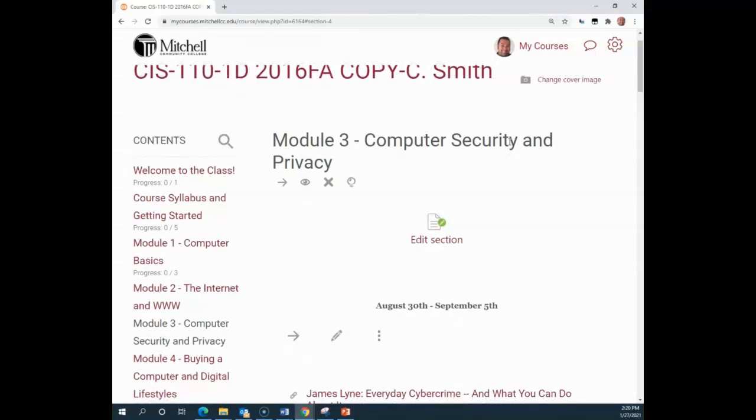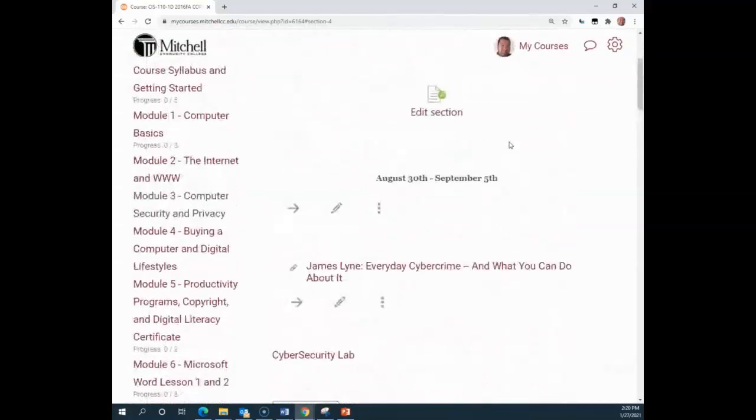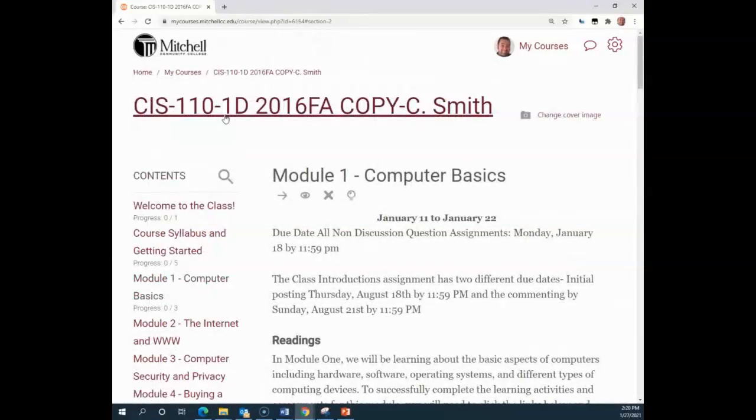And so one of the things that I started to change, instead of having all this randomness, is that I started to pull it together in what you sort of saw when I first opened up the course. So if I go to Module 1, Computer Basics,